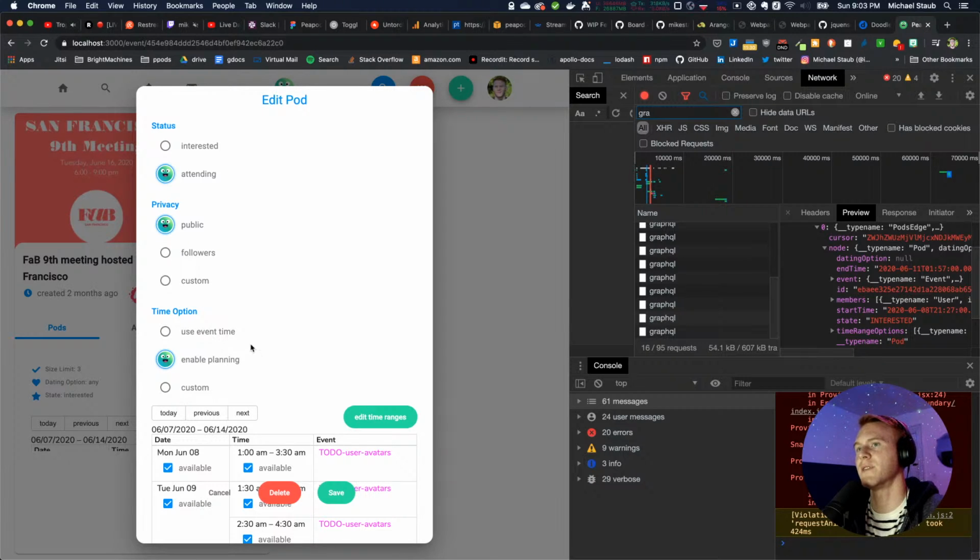Like basically we have to save the time option. We can't use it. You can't make it implicit. So we're going to have to add a time option field to the pod, right? Just like dating option, time option, because time range options now is not, before we were basically determining the